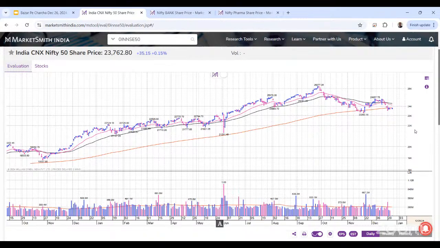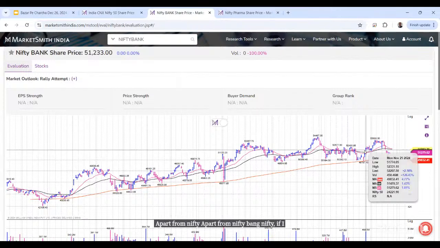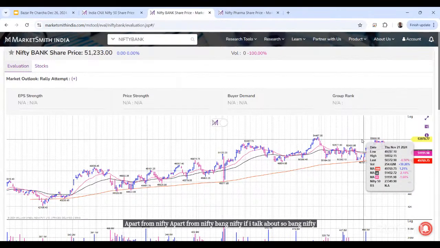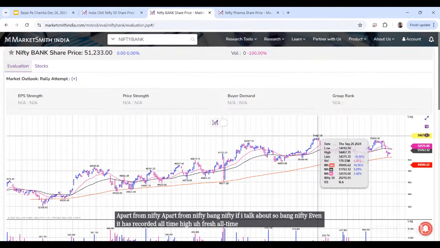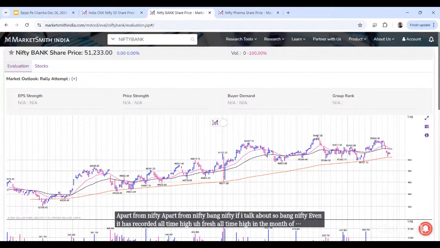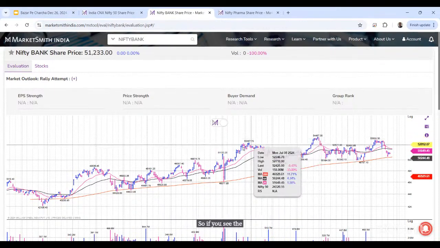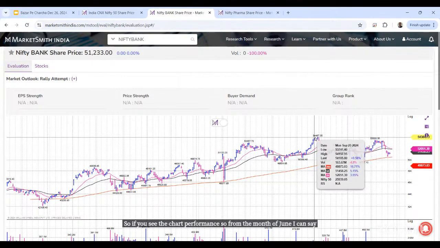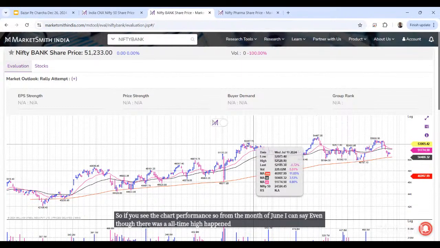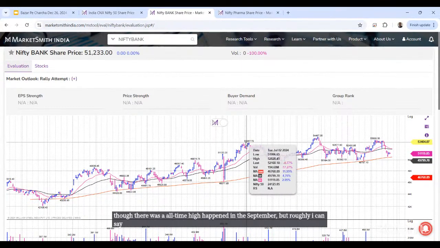Apart from Nifty, if I talk about Bank Nifty, even it recorded a fresh all-time high in the month of September. But after that, it has again entered into sideways and failed to cross that all-time high. If you see the chart performance, even though an all-time high happened in September, roughly from the month of June,